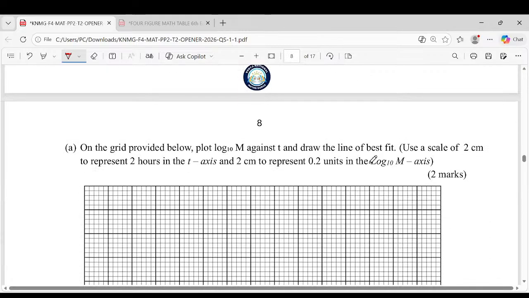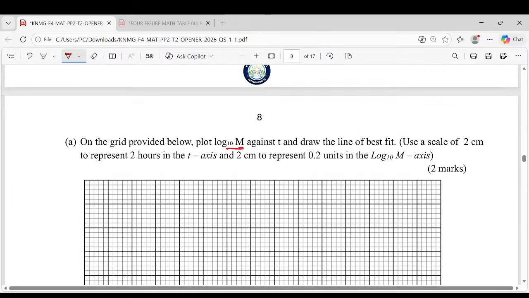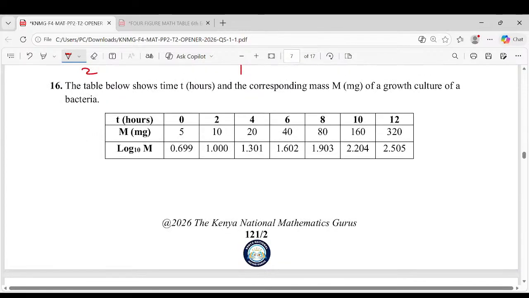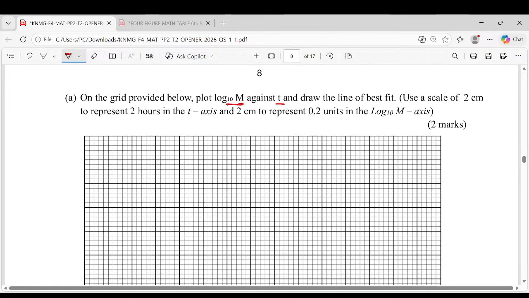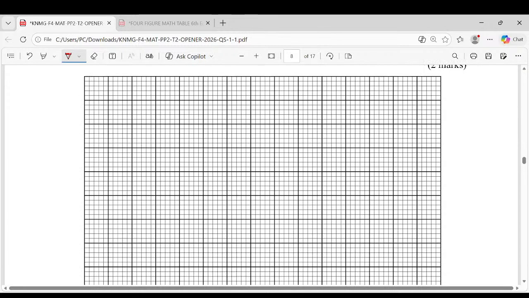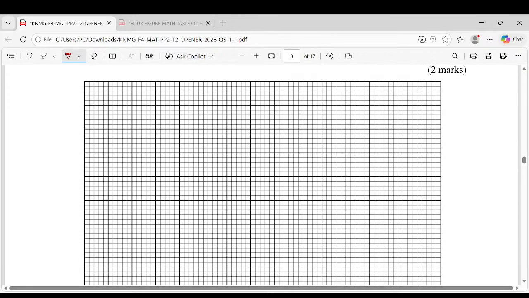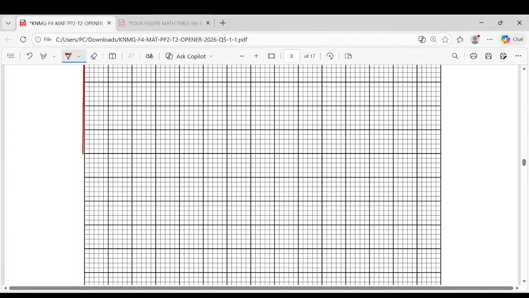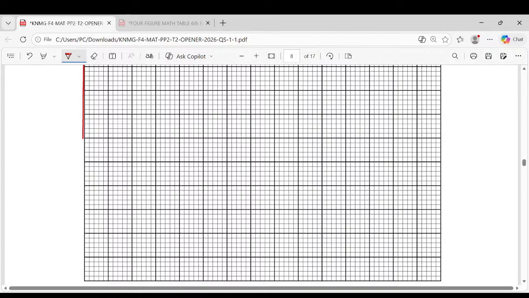Remember, we are plotting log m against t. Let me see, do we have any negative values? No. So let us see how we can have this one done. The first thing, I'm drawing my axis. Remember, math is fun